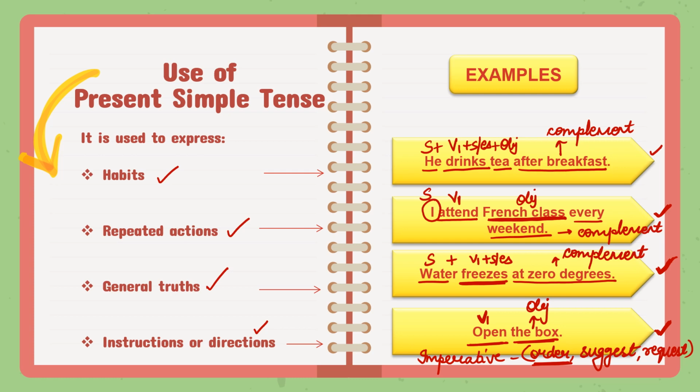Over here, in imperative sentence, our subject is always hidden, and that hidden subject is you. In all the imperative sentences, we always have a hidden subject which is you. So, though we cannot see the subject over here, still we have one which is you.